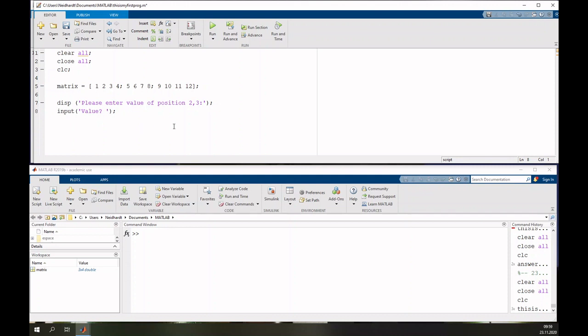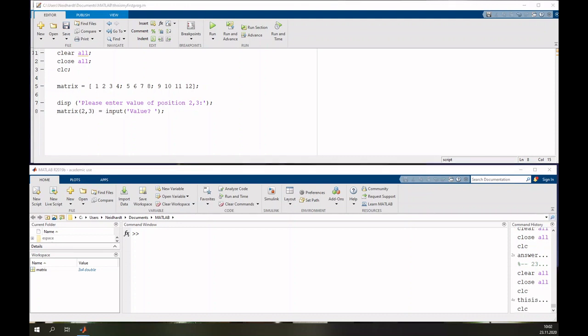So therefore, if we want to change 2, 3 in the matrix, we directly can change the matrix. So input is a function like all of the other functions which you have already seen. For example, flip left, right, or whatever. You saw that you have the name of the function, you have handover arguments. In this case, we have the prompt or the prompt text, and then it returns the entered thing